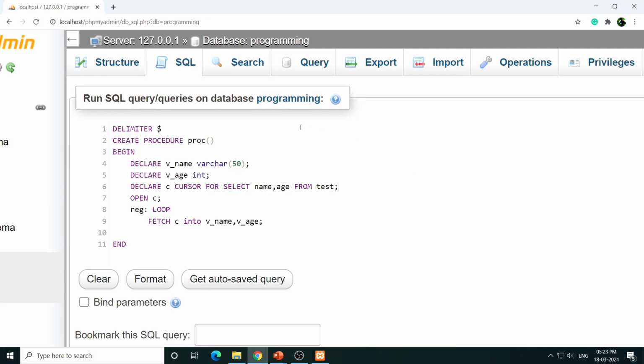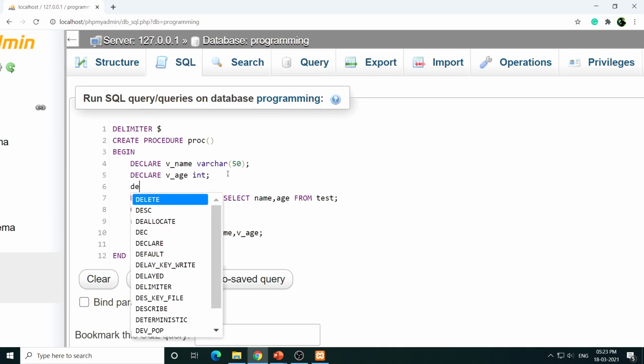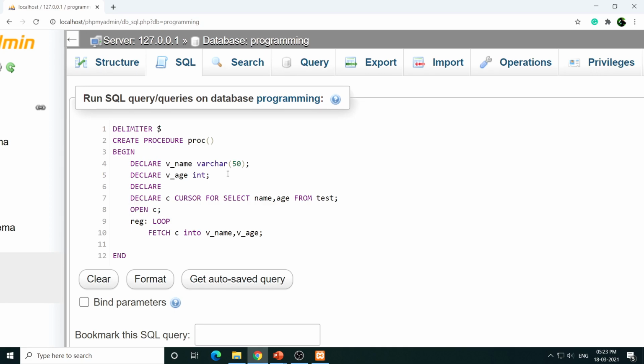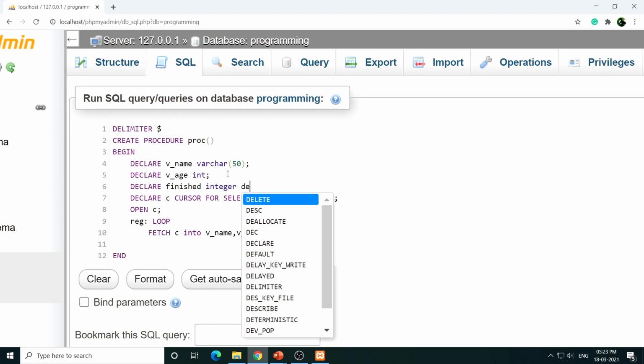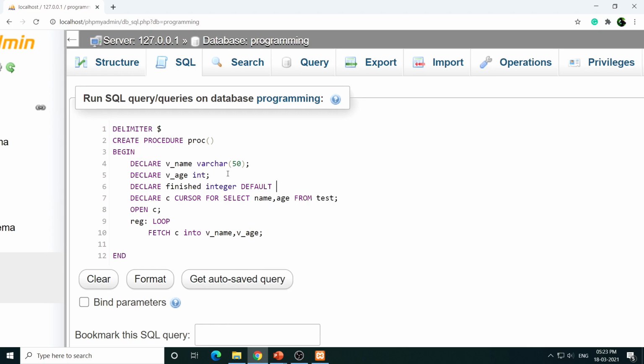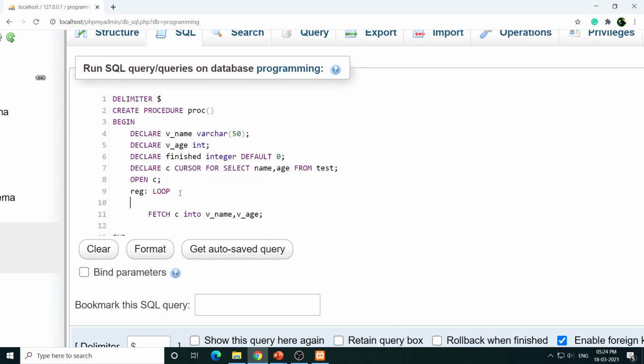So in order to achieve it, very firstly I will declare one variable, declare finished. This is my variable. The type is integer, and let's keep the default as 0. So basically I have declared one more variable and assigned the value 0 to it. Now inside the loop, very firstly I will check if finished equal to 1, then,